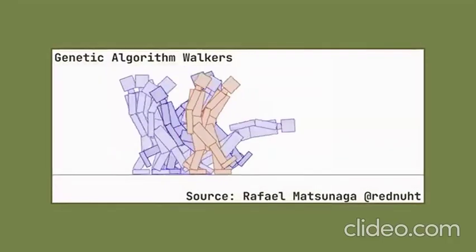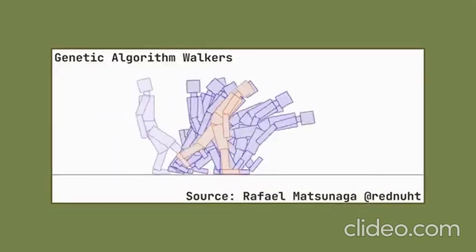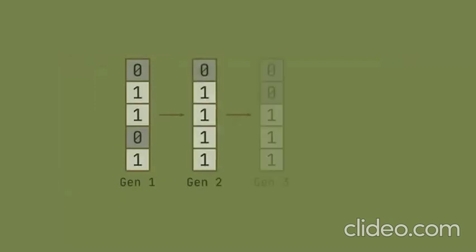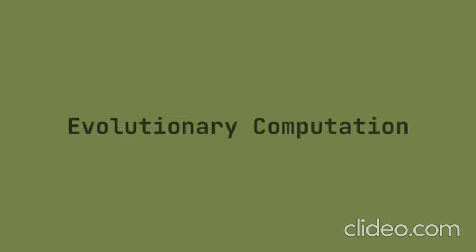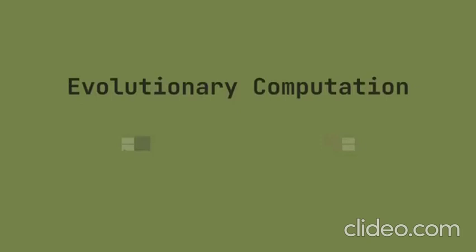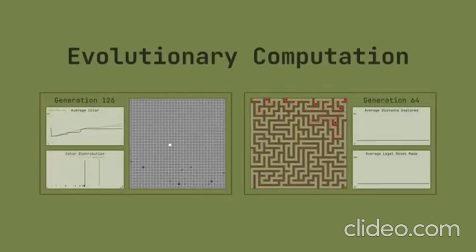Genetic algorithms are a powerful optimization technique that is inspired by the process of natural selection. Just like evolution in nature, genetic algorithms allow us to evolve possible solutions to difficult computational problems. Welcome to the first video in a series on evolutionary computation. Today we'll be diving into the world of genetic algorithms, and we'll visually demonstrate the principles that allow algorithms to